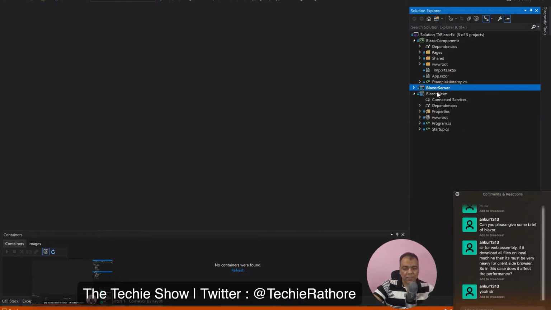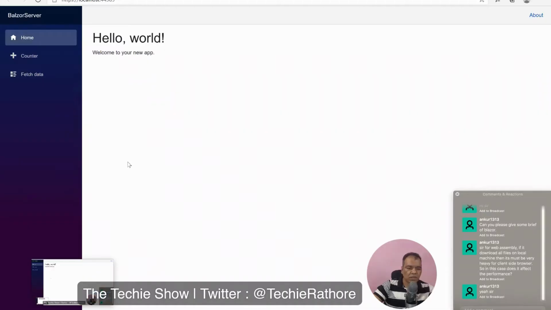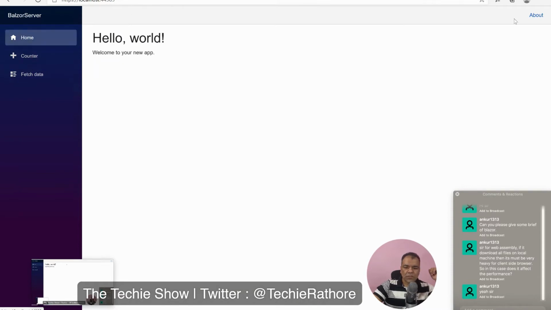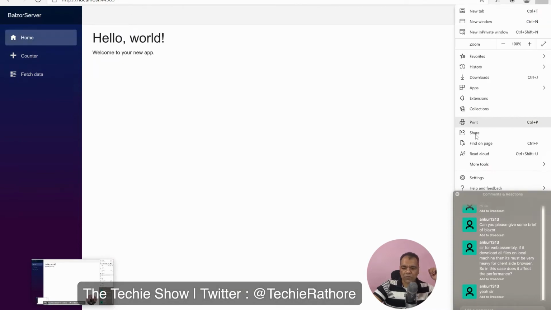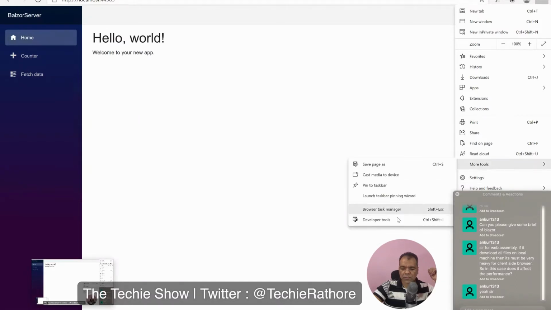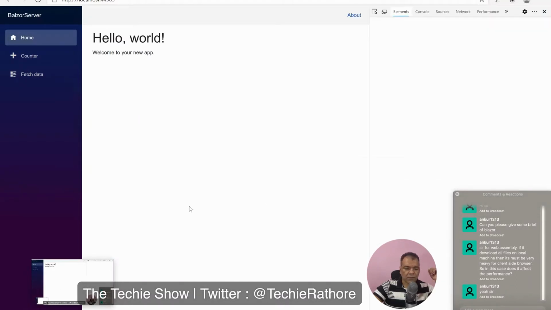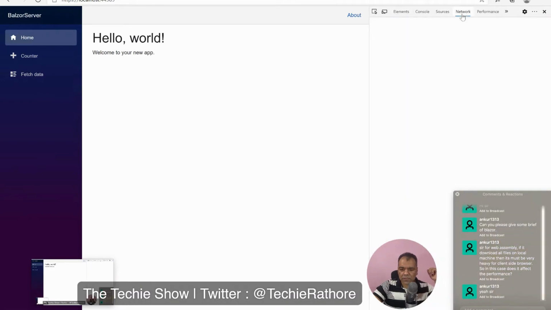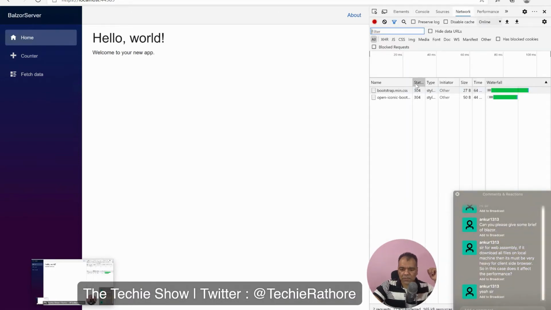So right now, if you see the output here, this is basically Blazor server running. And if you use the developer tools, more tools, developer tools, sources, network, you can see it has downloaded Open Iconic.